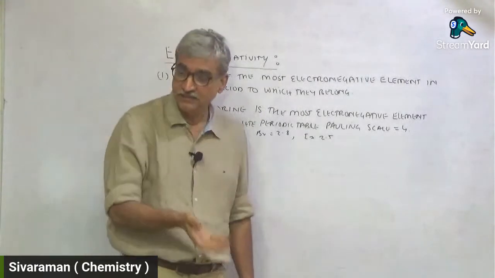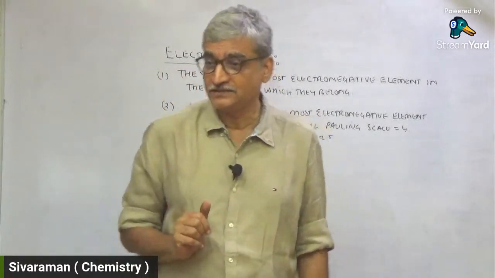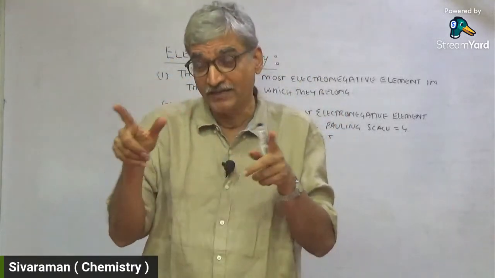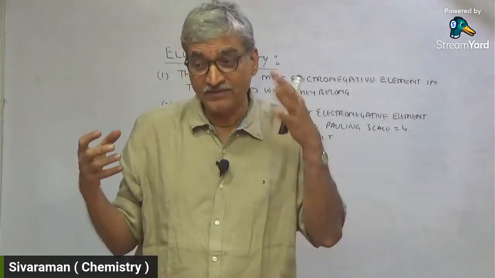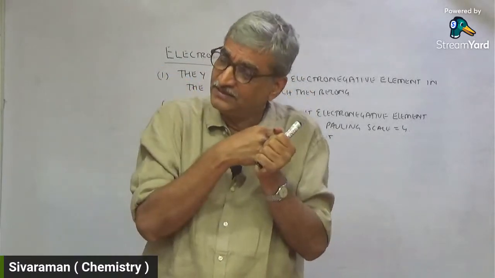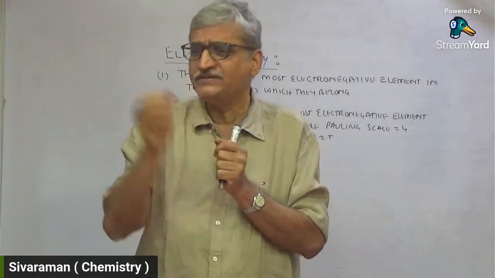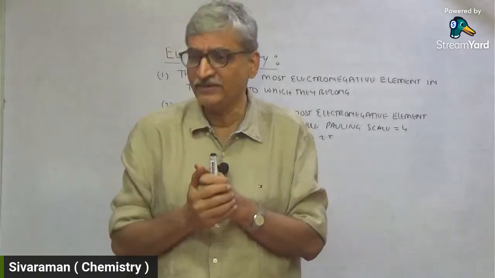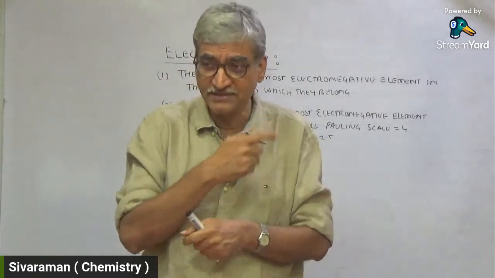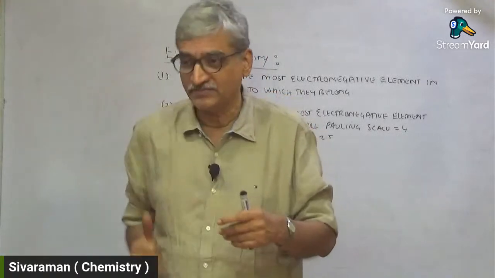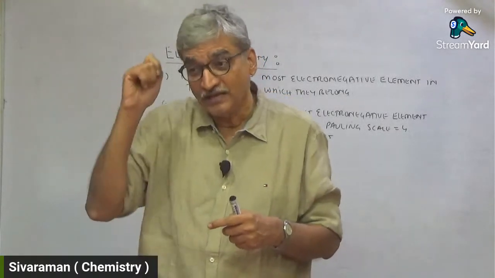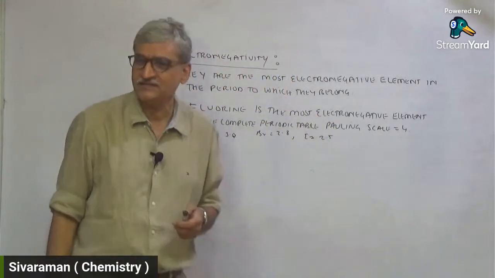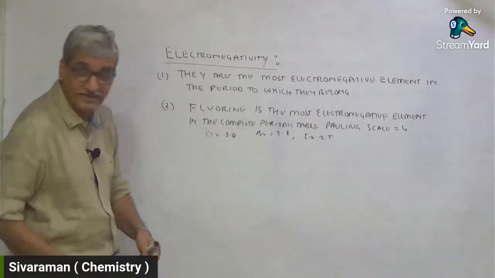We don't see this in the alkali metals. Does sodium combine with potassium? No. Sodium may form an alloy with potassium. An alloy is a physical mixture, remember that. But sodium does not chemically combine with it. We say elements in the same group have similar chemical properties, so combination is because of chemical property. But the exception to the rule is in this case: they may combine among themselves and form what we call interhalogen compounds. And one of the reasons attributed to why it happens is the difference in electronegativity.